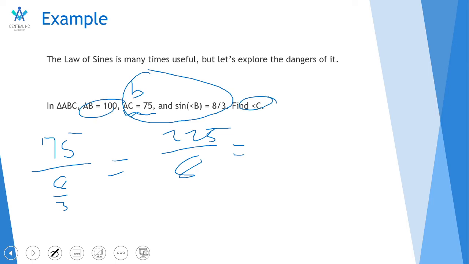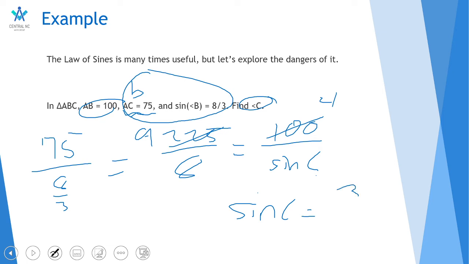A very direct application. 100, which is length c, over sine C. Doing some basic math, we can say that, I'm very bad at basic math. No, wait. Yeah. And then we can say that sine C is equal to 32 over